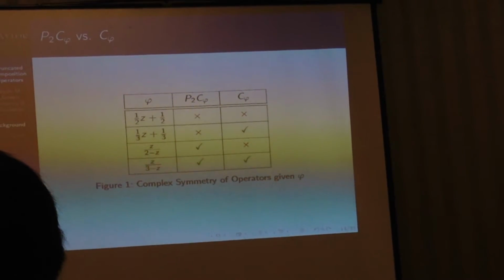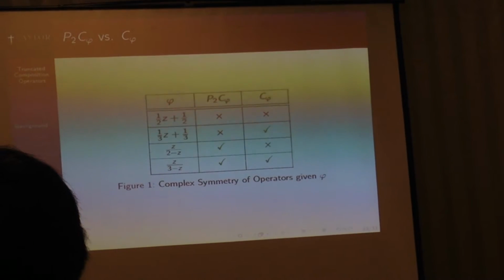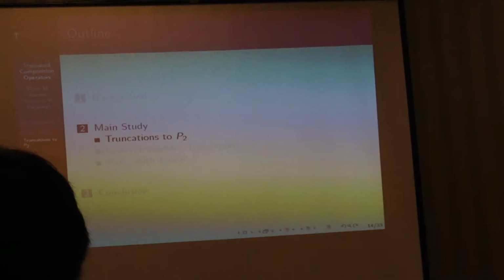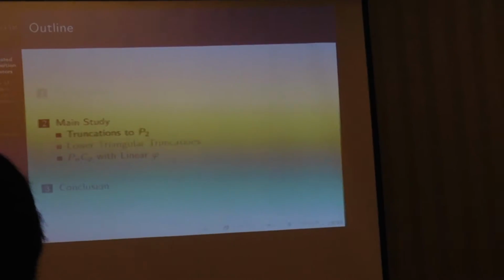So that kind of was surprising to us. We thought this property would carry over, so then our research had to go in a slightly different direction. Yeah, so moving on, we decided to look in general just when would this matrix P2C phi be a complex